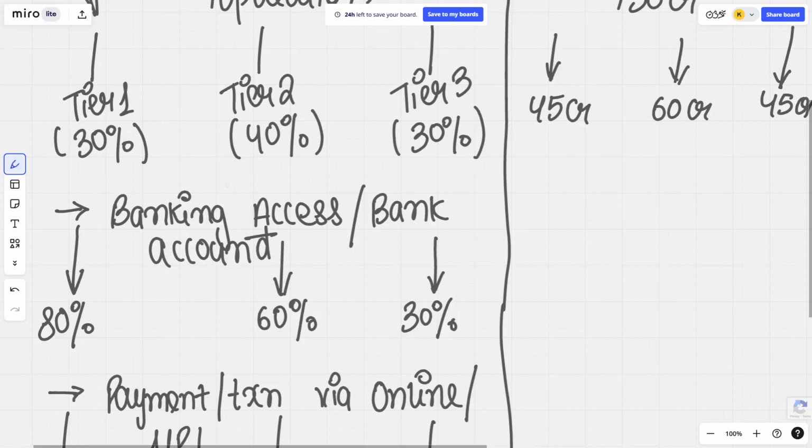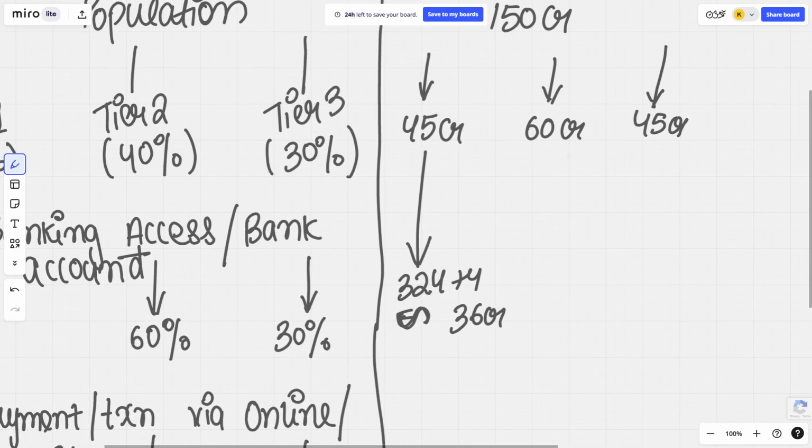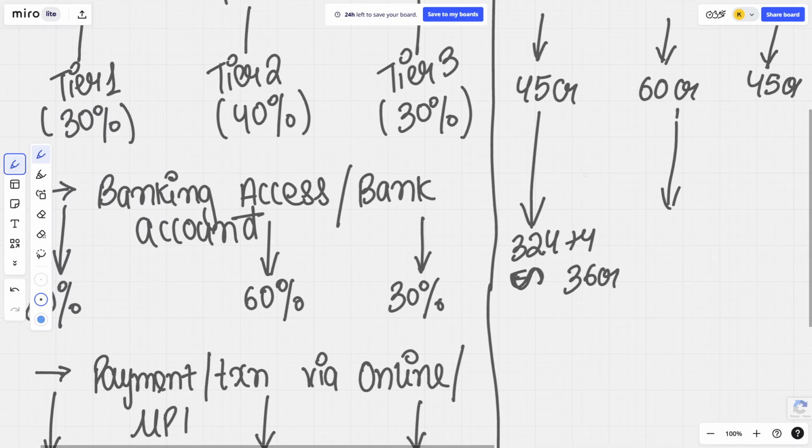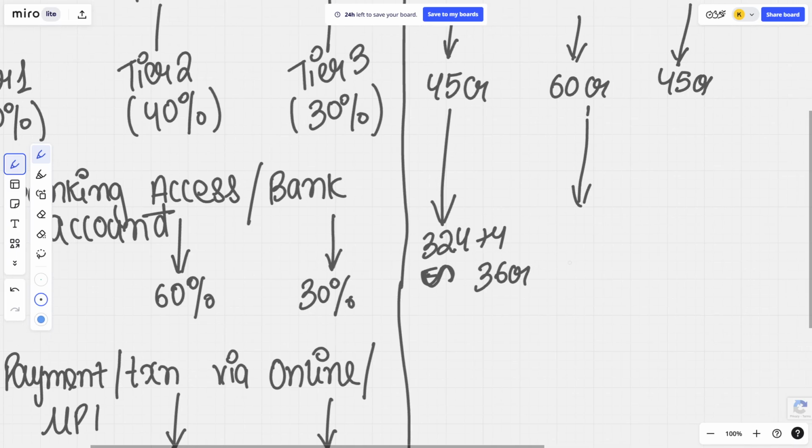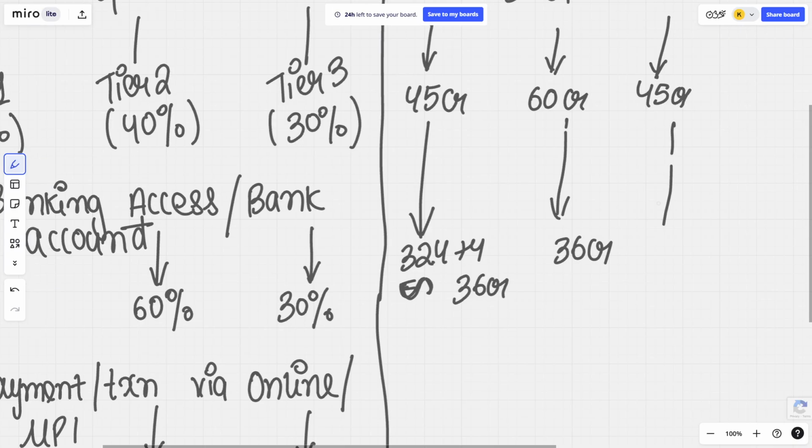Now, 80% of the 45 crore tier 1 people will have a bank account. That comes to around 32.4 plus 4, so let us assume a rough figure of 36 crore. Here we have 60% of 60, that is 36 crore, and here 30% of 45 is